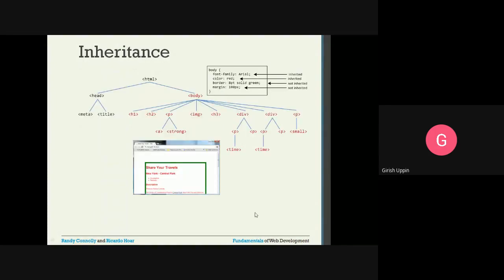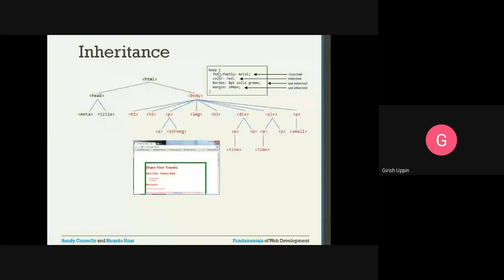Here is an example. We have a CSS rule for the body, the HTML element body, and inside the curly braces we have the list of properties. First one is font-family, colon, Arial.